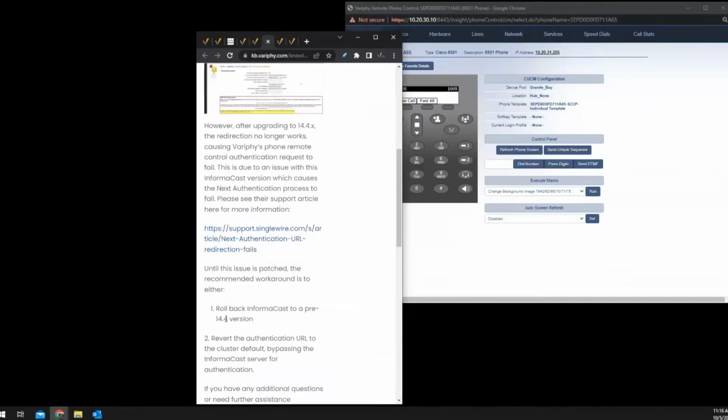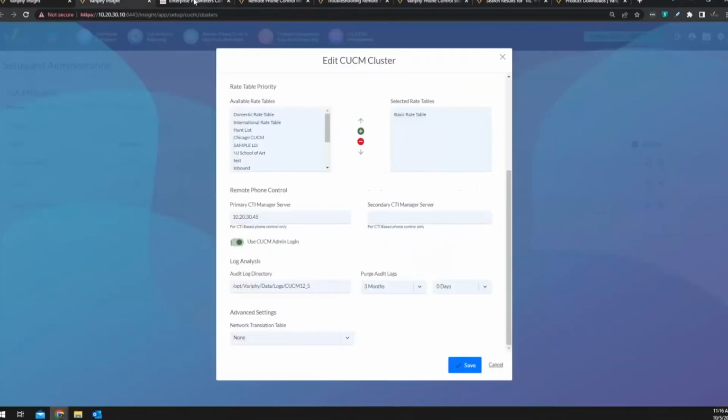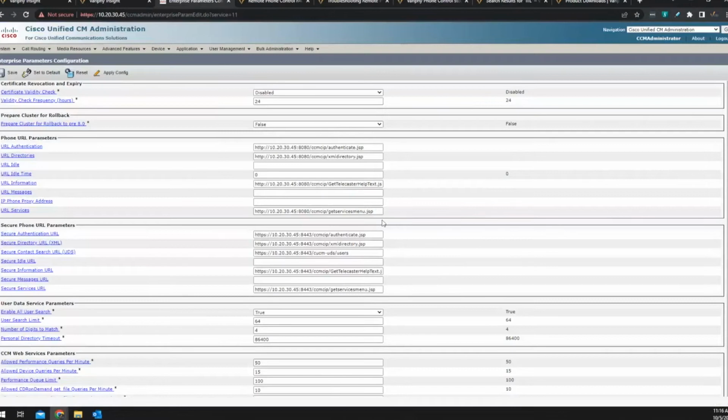Yeah, Informacast 14.4. Some of the early versions of that had a problem. Now, supposedly it's been fixed since then. But Dre was mentioning to me beforehand that possibly this issue may have reemerged with their newer versions. I couldn't find anything on their knowledge base to indicate that, but just something to be aware of. So if you are using Informacast or planning on using Informacast, just be aware that this may be an issue. Otherwise, if you're not, then that's not a problem. But that's usually one thing I like to check first, is make sure there's no different authentication URL in there that may be causing this issue.